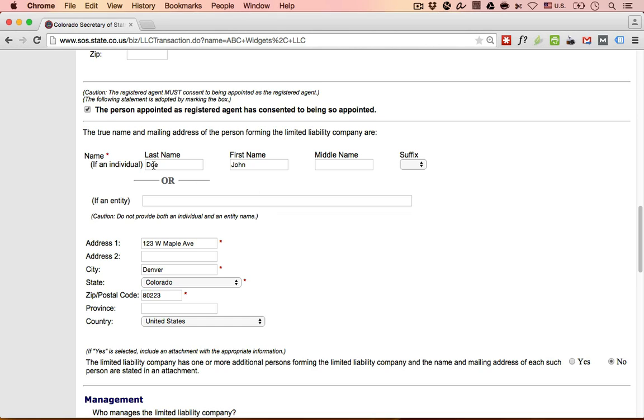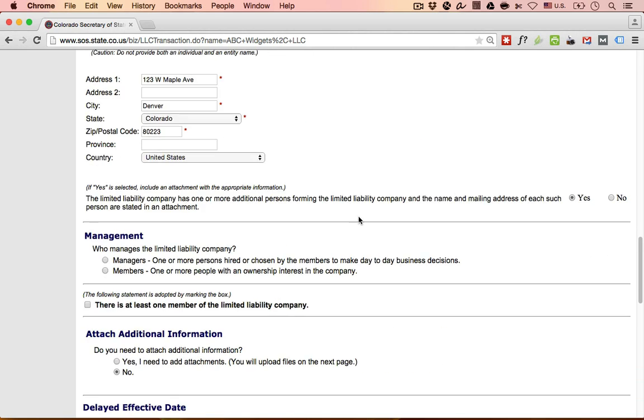I've entered in last name Doe, first name John, entered in my address information, and in this case, because I have two members, I'm going to check off yes. If you're just a single member LLC, you're just going to leave no checked off here, and you can skip the attachment step, which I show you in a few minutes. All right, once you have your name information filled out here, we're going to scroll down to the next section,